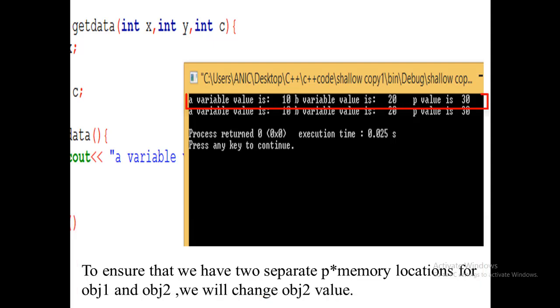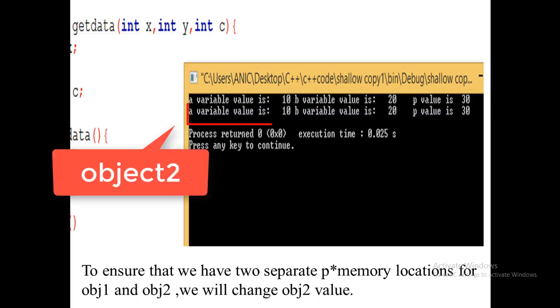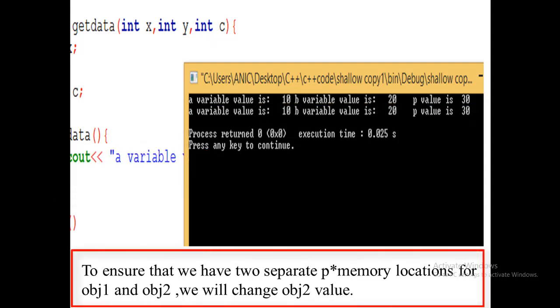The A variable value is 10, the B variable value is 20 and the P pointer value is 30. The results of object 2 are the same: A is 10, B is 20 and P, the pointer, is 30. To ensure that we have 2 separate pointer memory locations for object 1 and object 2, let's change the object 2 value.